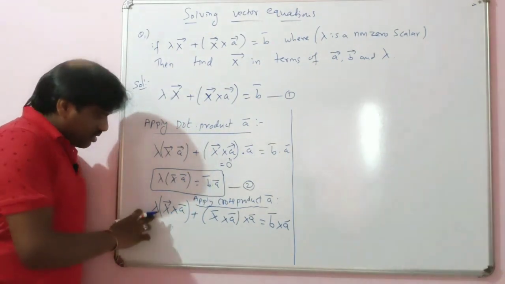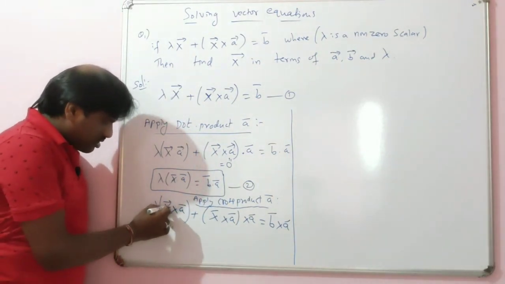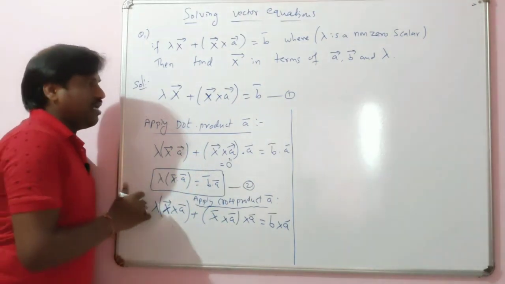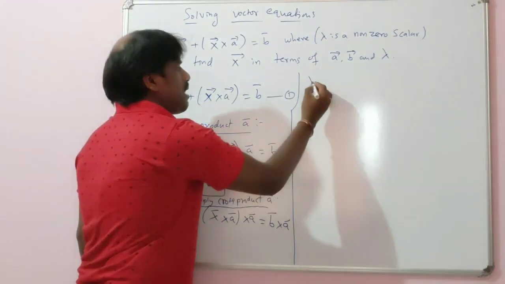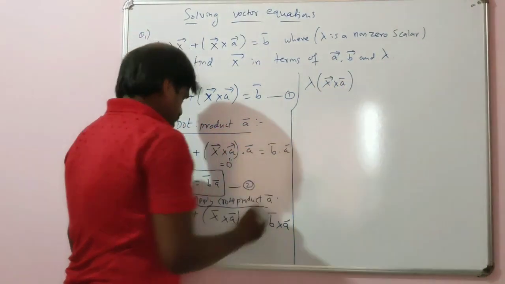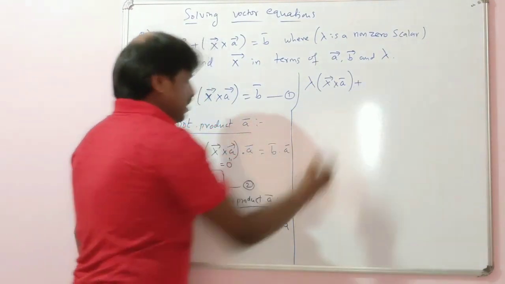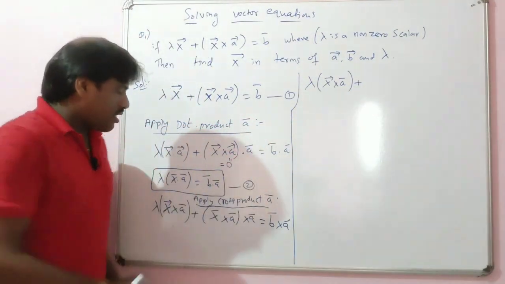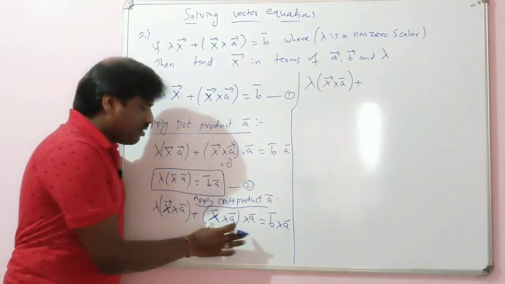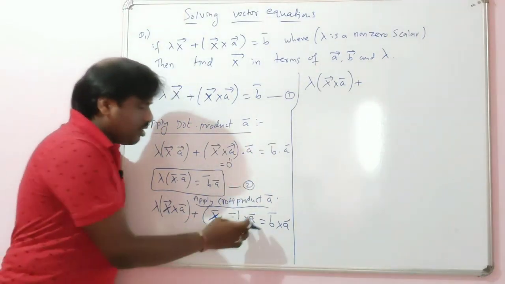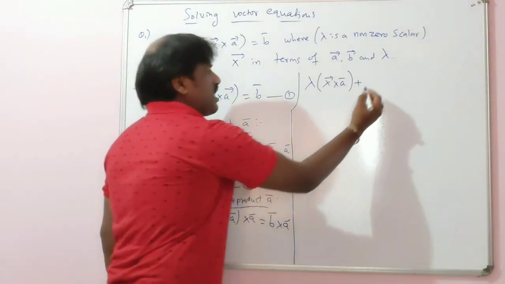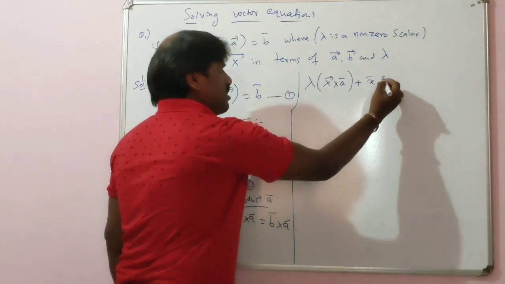Now you know that this is x cross a, so x cross a value I'll get. Now what I am going to get here: lambda times x vector cross a vector, plus, you just see here, this is a triple product, the vector triple product. As I already told you, how to use the vector triple product: you have to call the far person near to him, that is, I get x vector dot a vector.